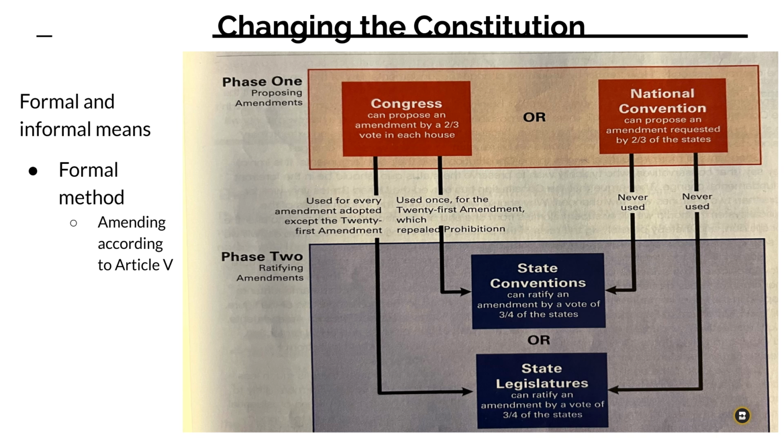Okay, so you can see that higher bar. 2/3 propose, 3/4 to ratify. The nice thing is, the fraction is always the same at each step. 2/3 to propose, 3/4 to ratify. Our only exception is state conventions. This would be places where you would have some way for the states to choose delegates from the public to attend state conventions to say yes or no on approving an amendment,